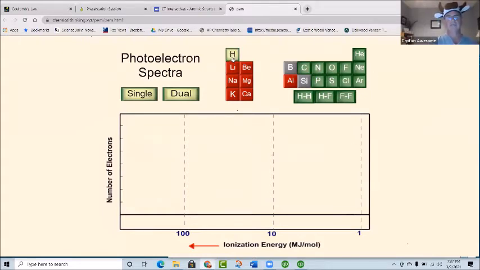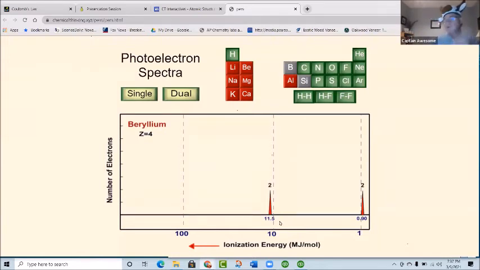So if I looked at helium versus hydrogen, so there's hydrogen, it's got one little bump. Helium's got a higher bump. So the higher the bump, the more electrons there are. The energy at the bottom is an indicator of how much energy it took to remove those electrons. If I click on beryllium, beryllium's got a 1s electron here at the 11.5. Those are the 1s electrons. And then the 0.90 are the 2s electrons. Now, how do I know that the 1s electrons are the 11.5?